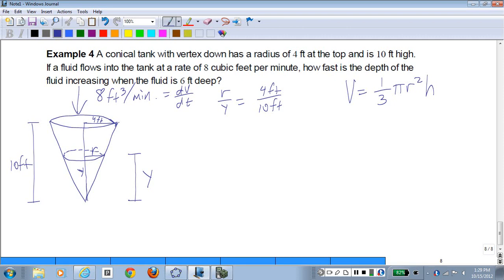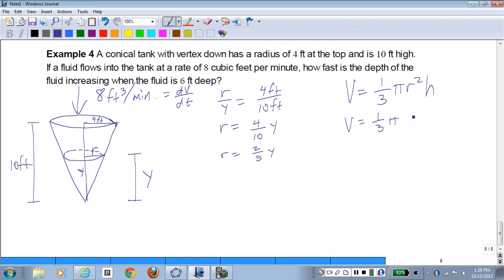So we could express r in terms of y and use that to eliminate the r from the equation, because we'd like to have the volume strictly in terms of the depth, because the depth is what we know. So how about r equals 4/10 y, or r equals 2/5 y? So for this particular right circular cone, not every right circular cone, v equals